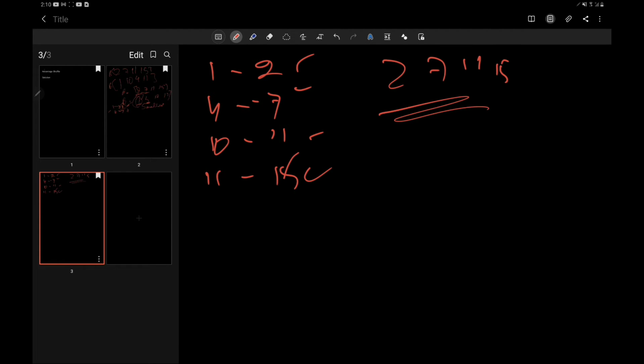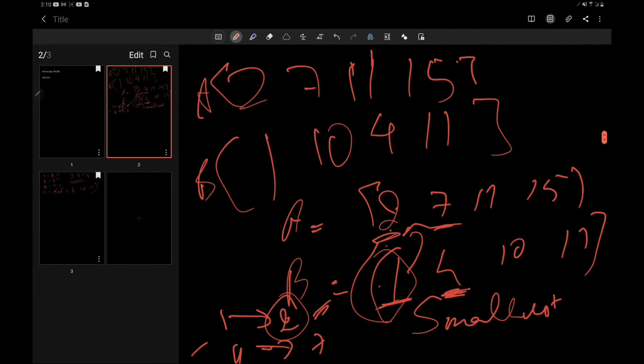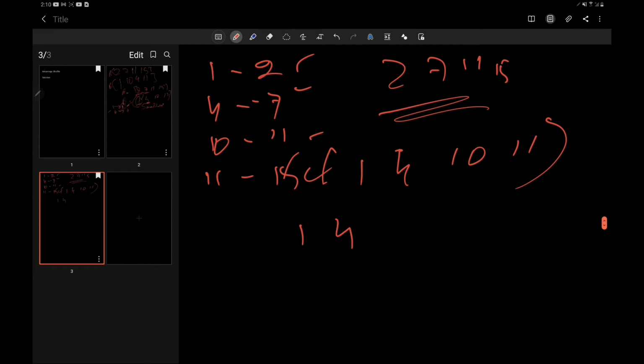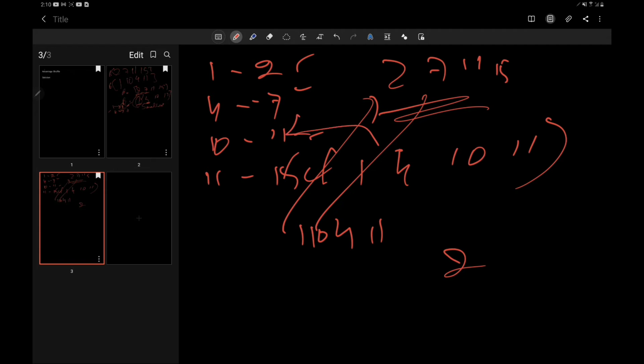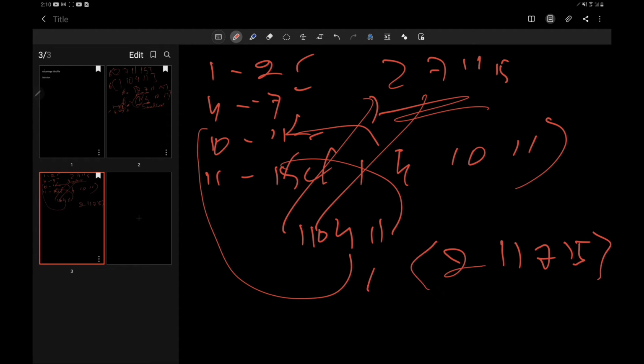Now we have stored them, so we see our original array, 1, 10, 4, 11, and we compare and just take out the values. The first value compared to 1 is 2, so we pop out 2. For 10 it is 11, so we pop out 11. For 4 it's 7, and for 11 it's 15. So this is our final answer.